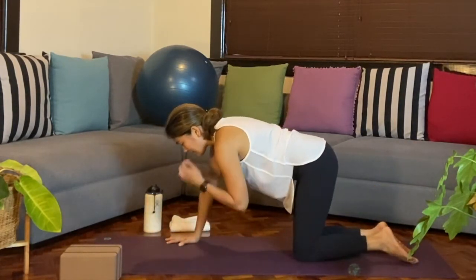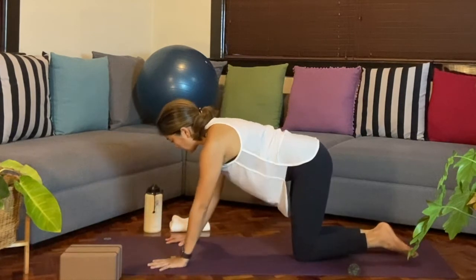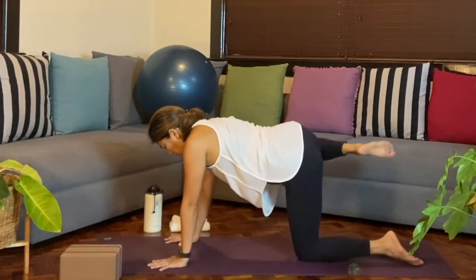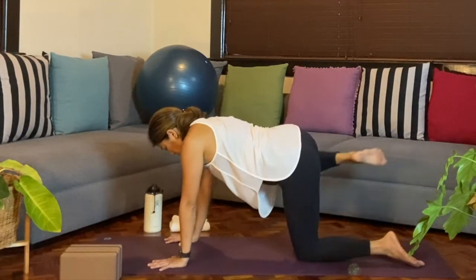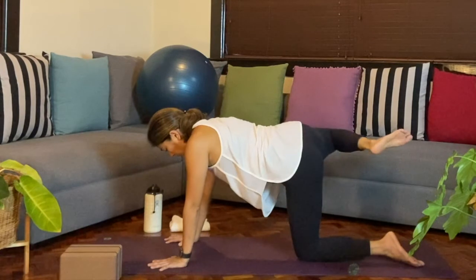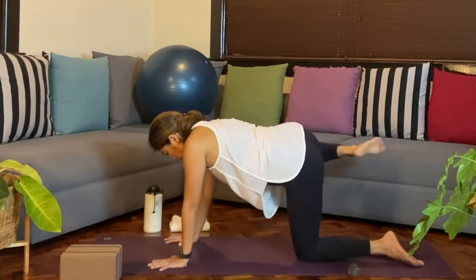Okay. This time, we'll draw circles. So we'll lift the right knee up or open up the right leg and then draw 3 circles in one direction. 2 and 3. And then 3 circles other direction. Okay, so aside from